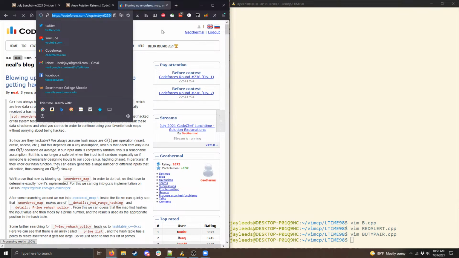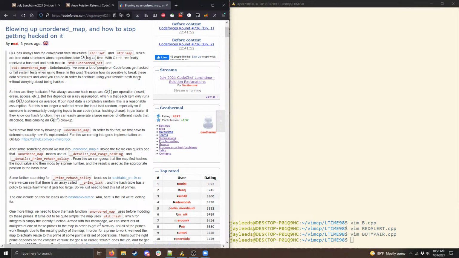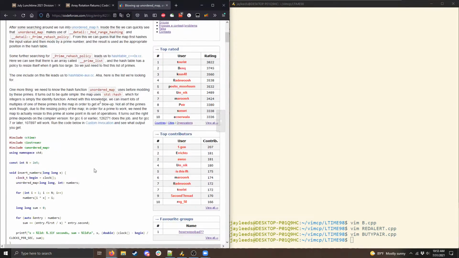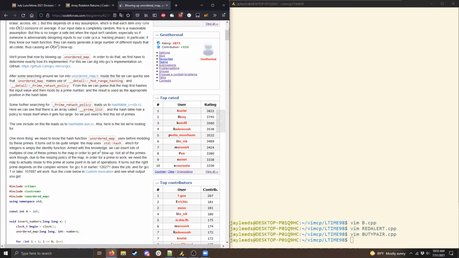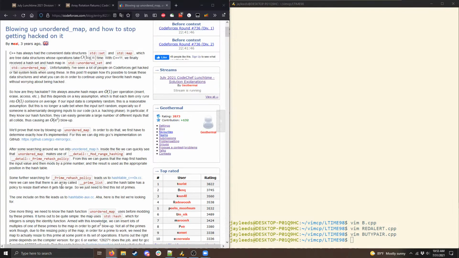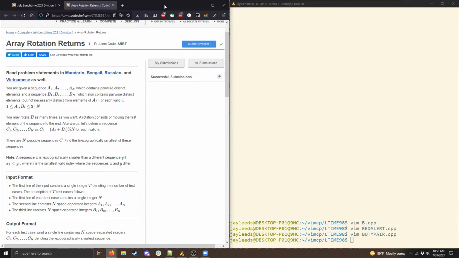But it turns out that unordered map is actually hackable, which probably wouldn't be an issue on CodeChef because there are no hacks. But in general, the constant factor can be really high, and so in my experience, it's pretty rare that an unordered map is actually faster than map. And so you're absolutely right that it does give you a better asymptotic complexity of O of n rather than O of n log n.